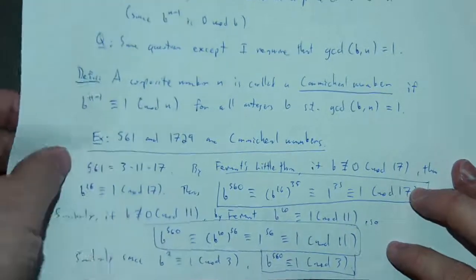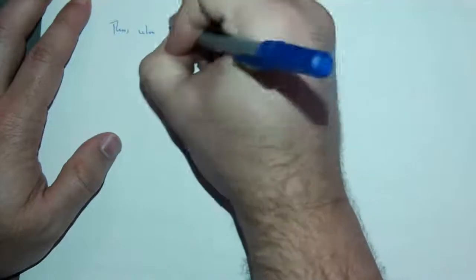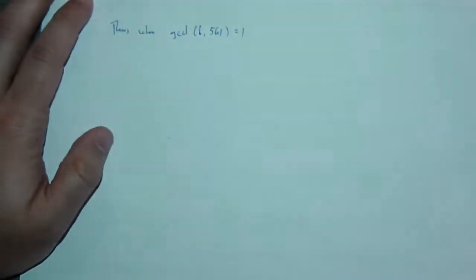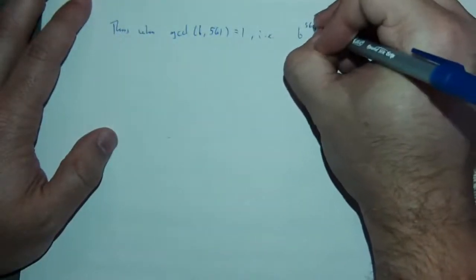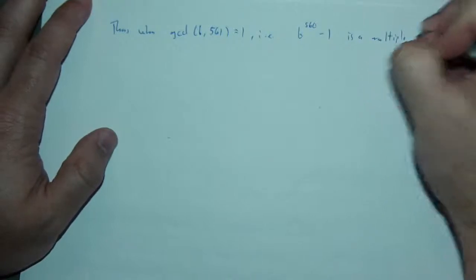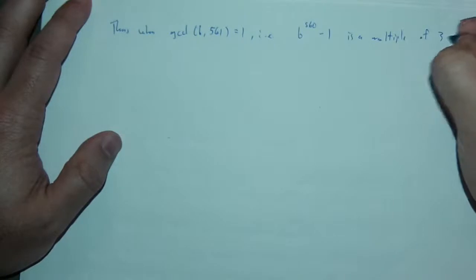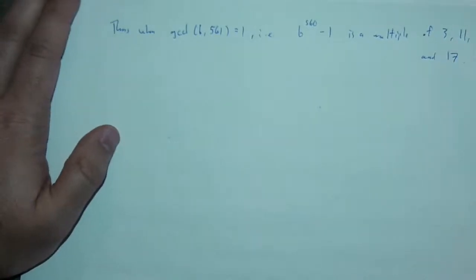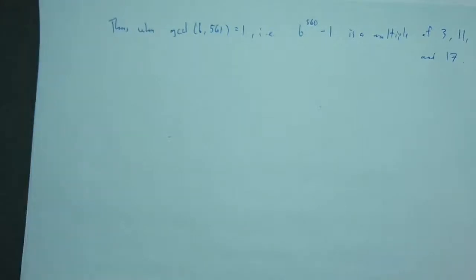Thus, when the GCD of b and 561 is 1, i.e. b to the 560 minus 1 is a multiple of 3, 11, and 17. Therefore,